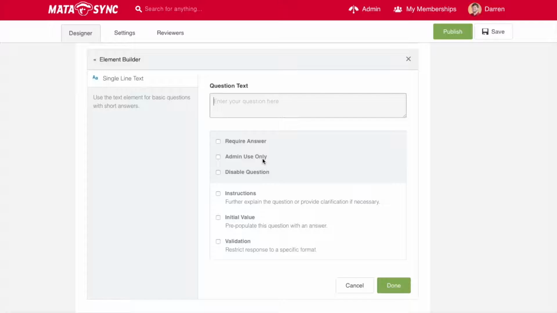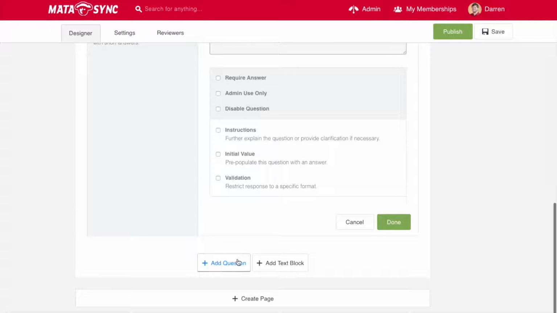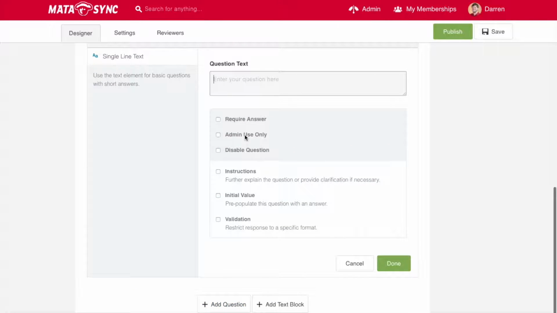So let's say you're creating a form that is called a missed shift form. Let's say an individual missed a meeting, and a miss of a meeting requires the filling out of this form to assess why they missed the meeting. Well, let's say this question is, what are the circumstances that resulted in you missing the meeting? And then after that, we're going to add another question, and it's going to be admin use only